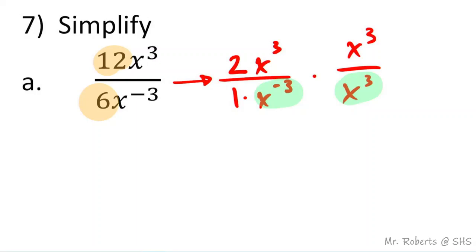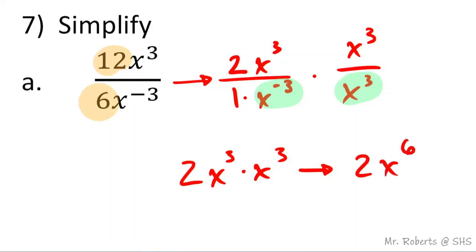So the only thing in the denominator right now is 1 times 1, right? In other words, I don't have to write the denominator because it's just 1. In my numerator, I've got 2, and you can see I've got 3 factors of x times an additional 3 factors of x, which is a total of 6 factors of x, so 2x to the 6th power. That is the answer for